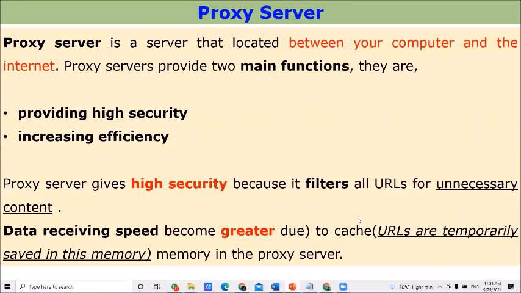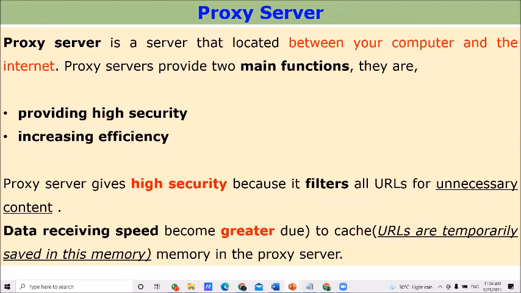Here, further about the proxy server, that means the advantages of proxy servers. Here it explains what a proxy server is, which I already explained. A proxy server is a special server that exists between your computer and the internet.